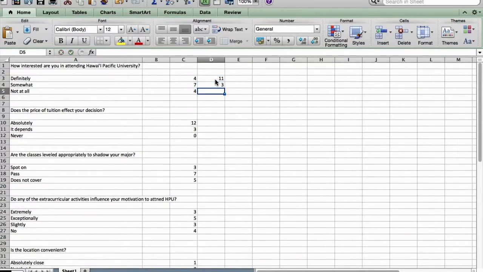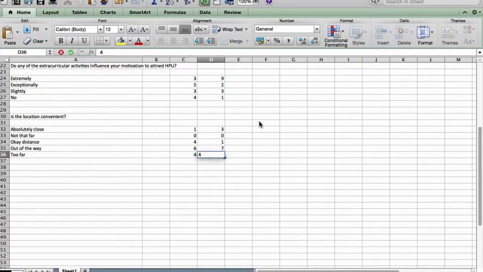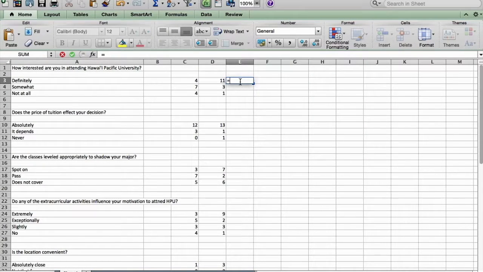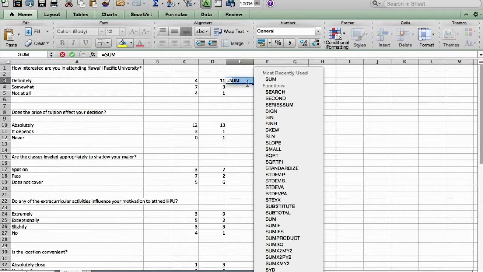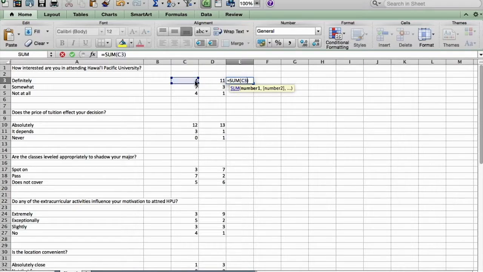column. Now that I have inputted both virtual and physical answers, I'm going to use the sum function to figure out how many respondents I have in total. To do this, I input equals sum and choose which cells I want to add. Excel functions are pre-made equations waiting for data so it can calculate them. You don't always have to type every single one out. If you hold the clicker over the bottom right corner, you can drag down and it will automatically calculate the